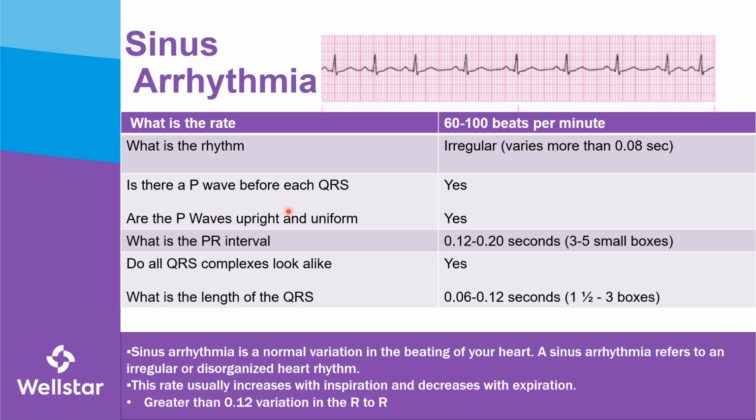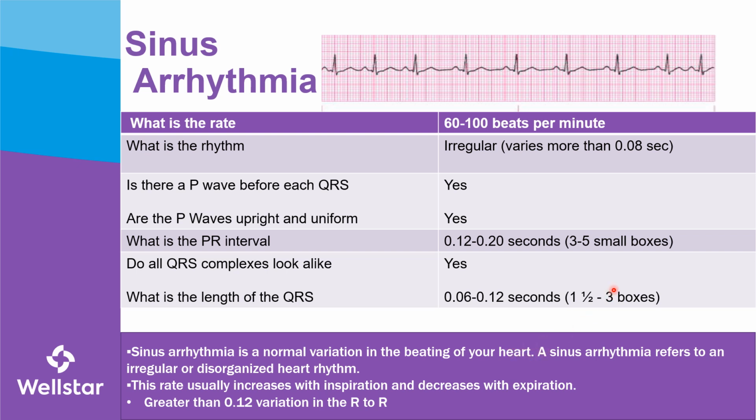Are there P waves for each QRS? Yeah, there are. So it is sinus in nature. Are the P waves upright and uniform? Yep, they look pretty much the same. And the PR interval is between 0.12 and 0.2 seconds. All QRS complexes look alike, and the length of the QRS is between 0.06 to